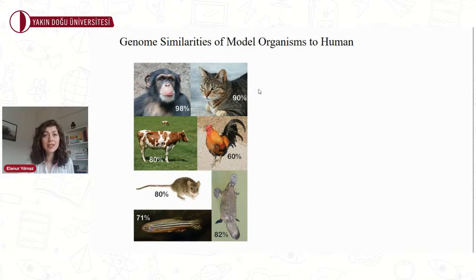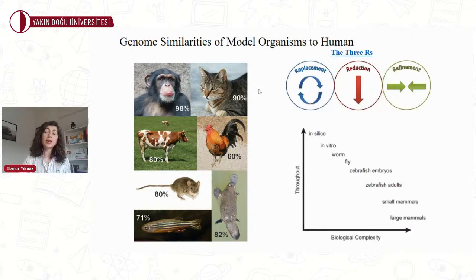Although a very similar DNA sequence doesn't always mean that a gene behaves in the same way, as you may also remember from yesterday's presentation by Dr. Yeliz, the use of animals in biomedical research has led to tremendous advances in the treatment of various diseases. On the other hand, animal use for scientific purposes is reflected in laws permitting but protecting their use in almost every country. Animal experiments deserve major ethical consideration, and such considerations should be in balance with the moral consideration in humans.